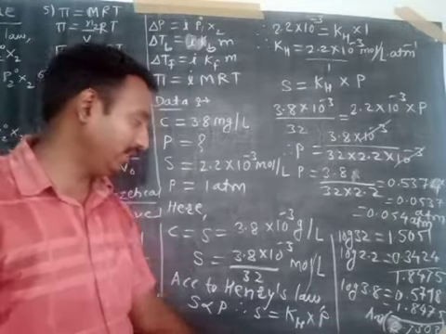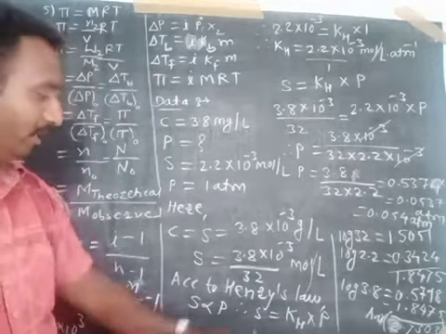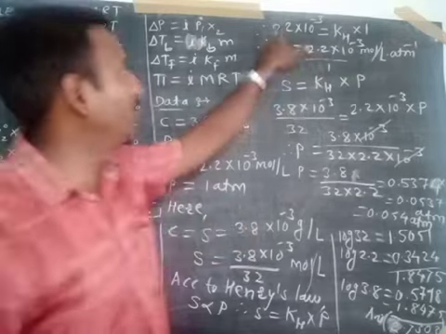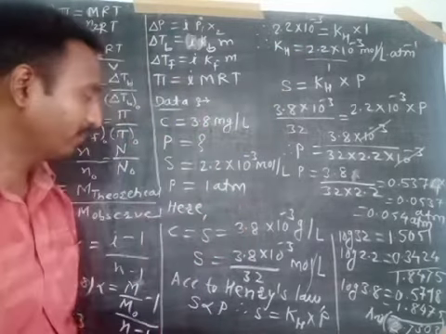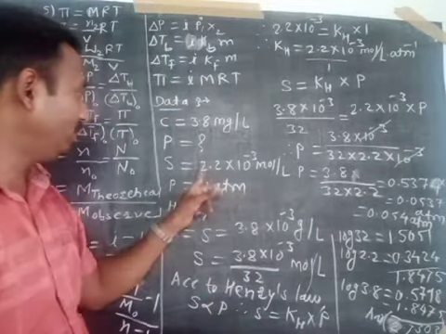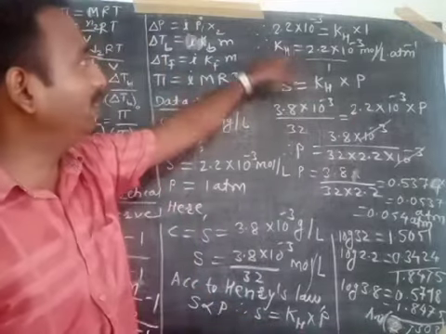Here KH is Henry's constant, S is solubility, P is the pressure. Here the second solubility is given, so put the value of the second solubility, 2.2 into 10 raised to minus 3. KH is not given, so put KH as it is. At this solubility, the pressure will be 1 atmosphere, that's why 1, and so the value of KH will